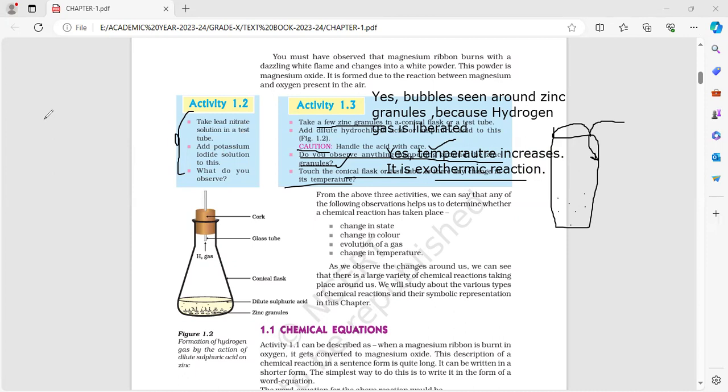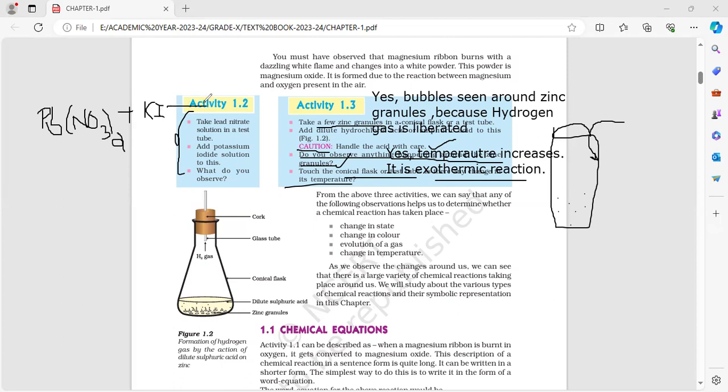But once again, I'll write. First we are taking lead nitrate, formula Pb(NO3)2, plus potassium iodide, formula KI,